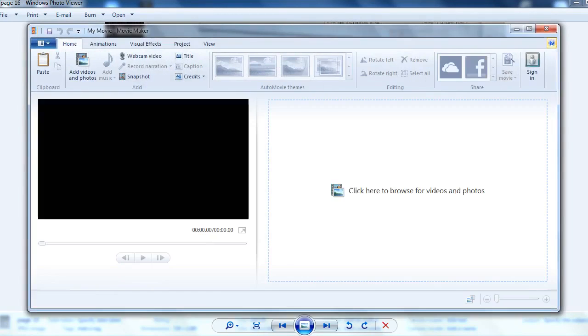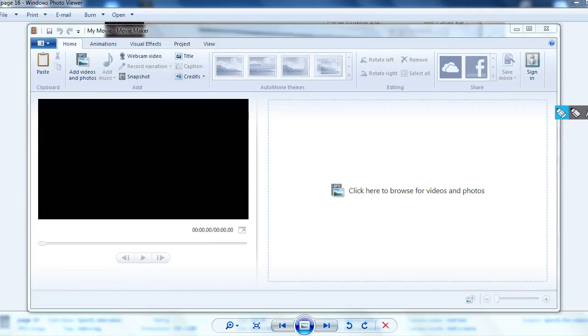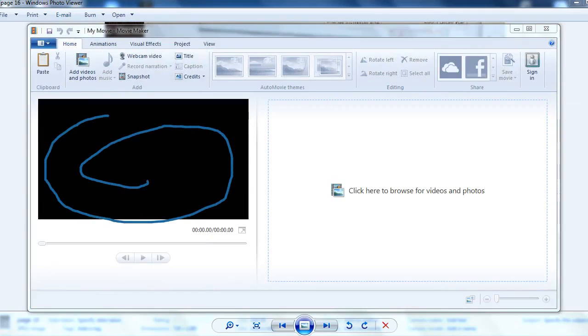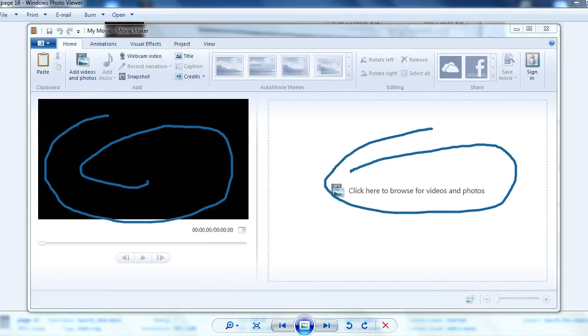Here it is. Whatever movie you create, you can check from this side. From here you can make the changes, add transitions between the clips or photos, and change the positions of the photos and transitions. Whatever you are doing, you have to do from this side. And this is the preview area, where you can see the changes. You can play your movie from this side.